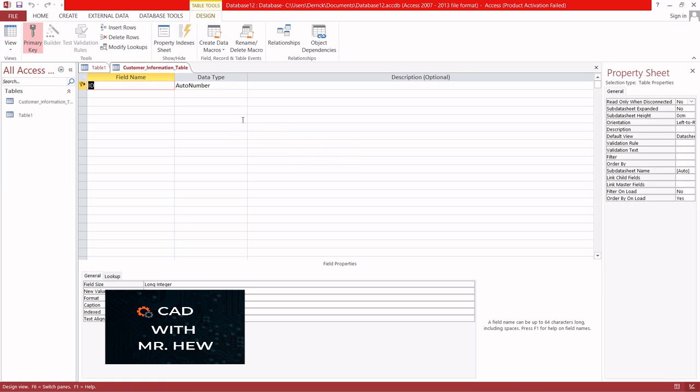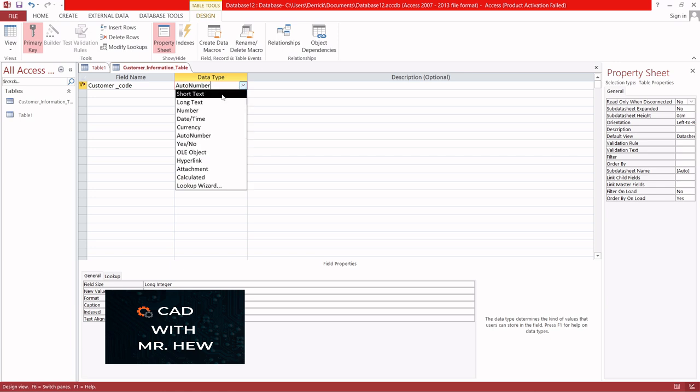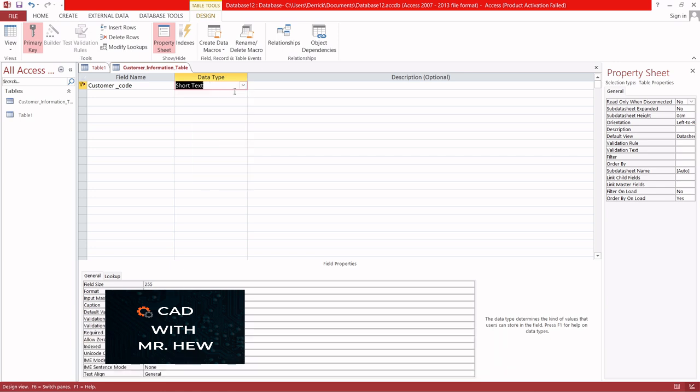Now, the customer code will be our first field in our table. So we're going to type the word customer underscore code, right? And this one, we're going to assign short text, all right? And where you have the field size for each field can be up to 255